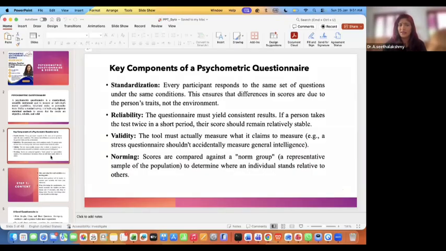Though we don't have an expiry date for this one, what we need to check is that at least 5 years before, maximum of 10 years before, whether that is created or developed during that period. Okay, if you couldn't find anything, no problem. Take the older one itself and apply it to a pilot group, and then you standardize it in your own way and then use it for your research rather than directly using it for your research.